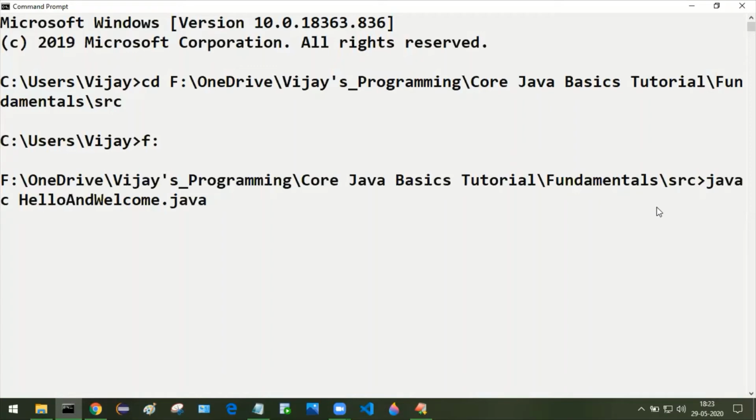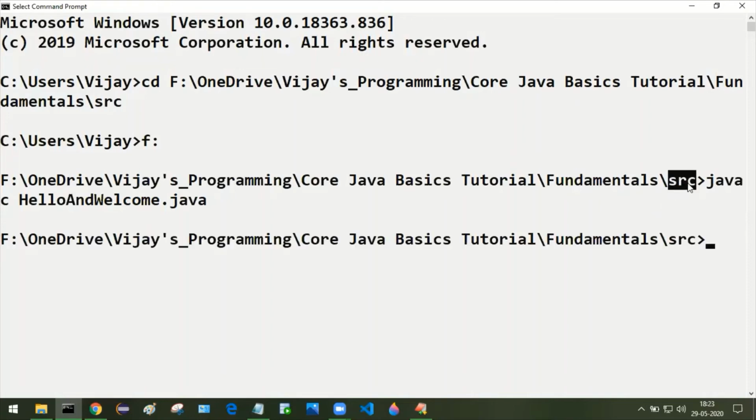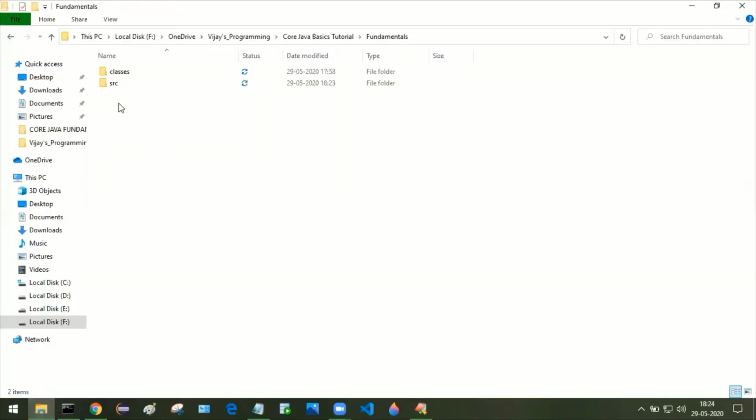If you trigger this command, you can see the result here: if we don't have any syntax errors, the dot class file will be generated inside the src directory itself. Go to the src directory. Here you can see that the hello and welcome dot class file has been generated inside this src folder itself.